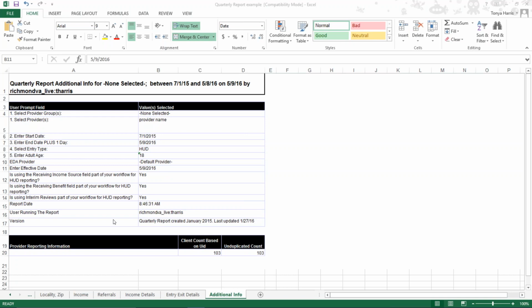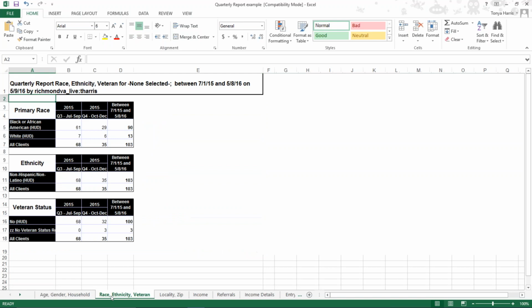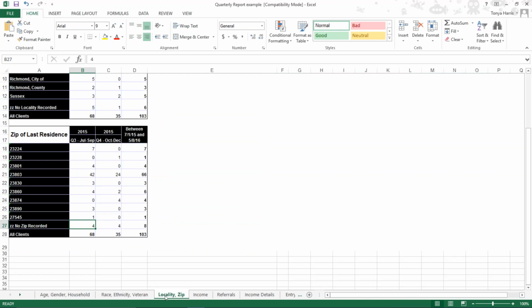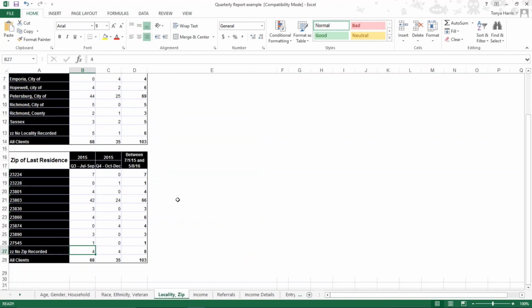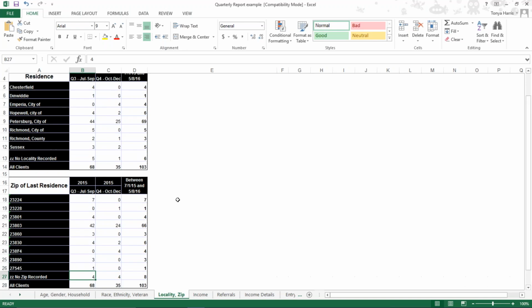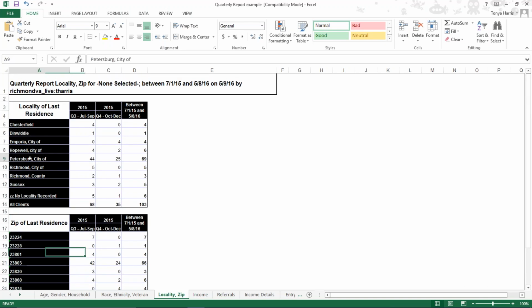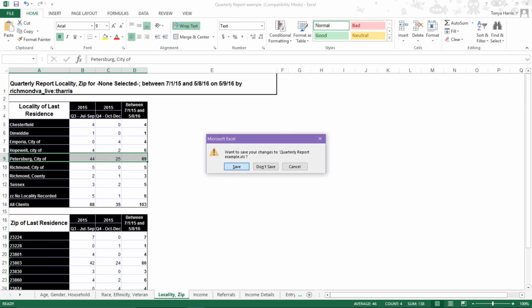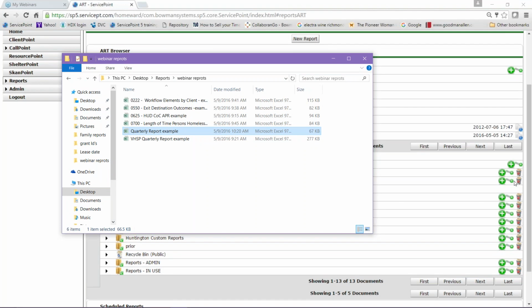Okay. So this is the quarterly report. It has a lot of useful information in it. And most importantly, this is where when you need to know what zip codes your clients are coming from, this is where you're going to get that data. And this might be a clue to you, but this report was run for a Petersburg provider because most of their clients are from Petersburg. So, okay, so I'm going to close that one. And